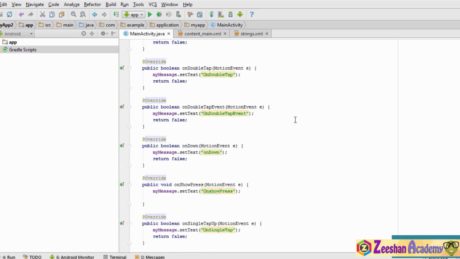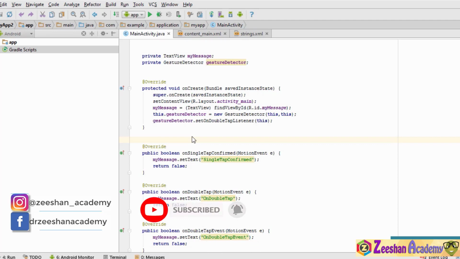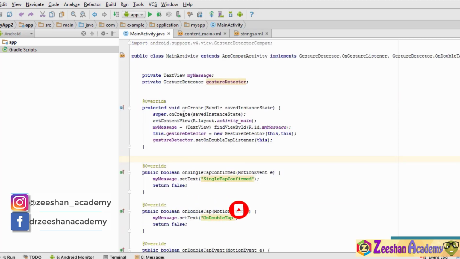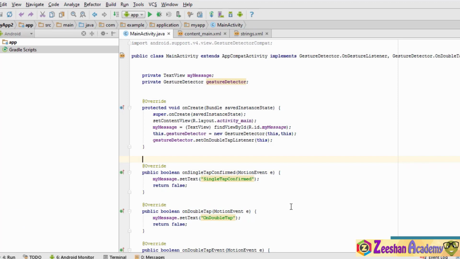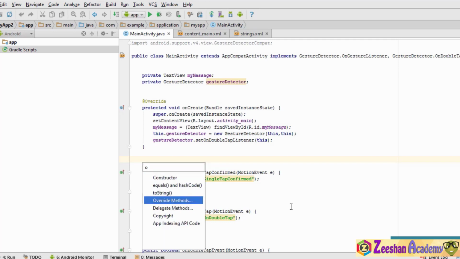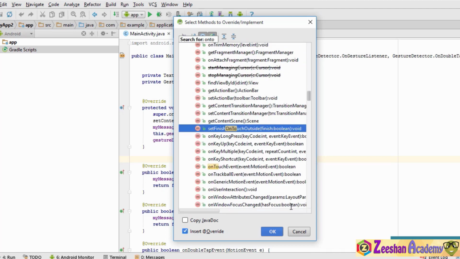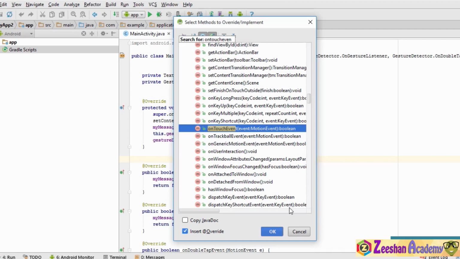So what I've done is that I have simply copied the same message and I've just changed the text of the message. We are going to add one more override method to our application so that our application runs correctly. So in order to add the override method, we go right below this onCreate method and we hold the Alt key on the keyboard, and then we hit the insert key, and as we want to insert the override method, we type override methods, and inside the override method we want to use the onTouch event. So we type onTouch event, and as you could see, this is the method right here which we want to use.